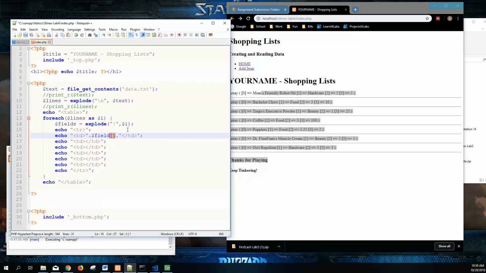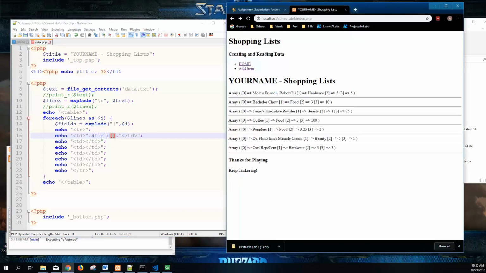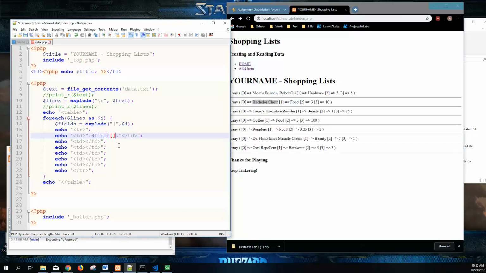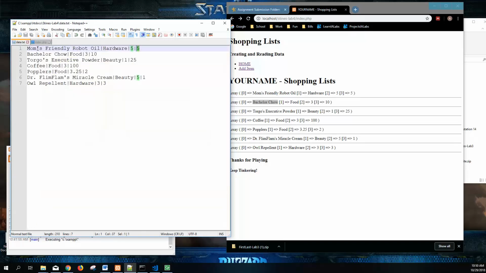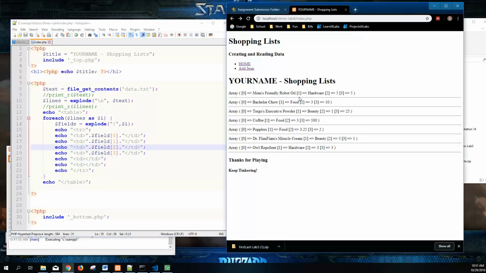So the square brackets, we're in an array here, so the square brackets is going to be a lookup into that array. If we want to print the product that we're trying to buy, that's at position 0. So that's going to be 0. I probably could have written this out a little bit better the first time. This one's going to be at position 1. And this one's going to be at position 2. And this one's going to be at position 3. There's 4 fields: 1, 2, 3, 4. And then we got 2 additional ones. Probably just need 1, but